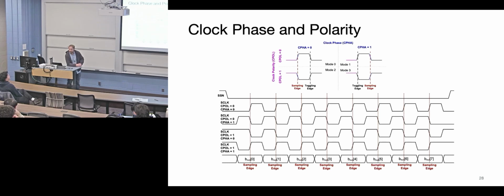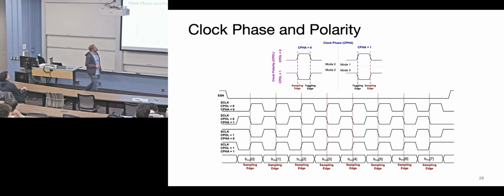Are there certain receiver peripherals that only accept one of these four different combinations? Yeah, usually that's the case. Usually the peripherals are only going to do one or two, and that's it. And that would be specified in the data sheet. It just becomes a pain where I have two different peripherals on my bus. They talk in different ways, and now you have to reconfigure every time you want to talk to them. That's painful.